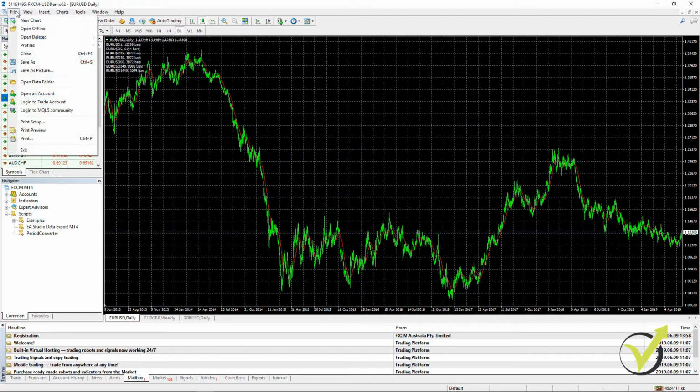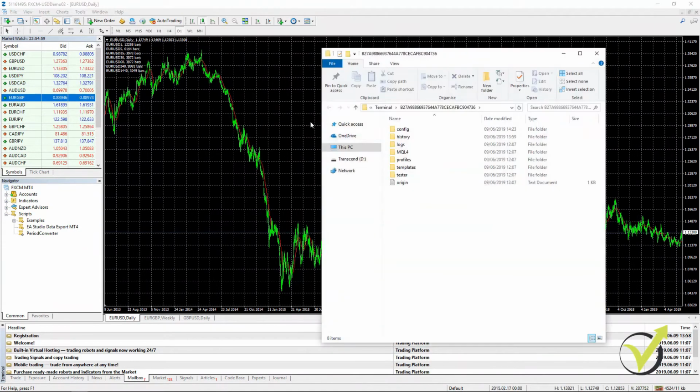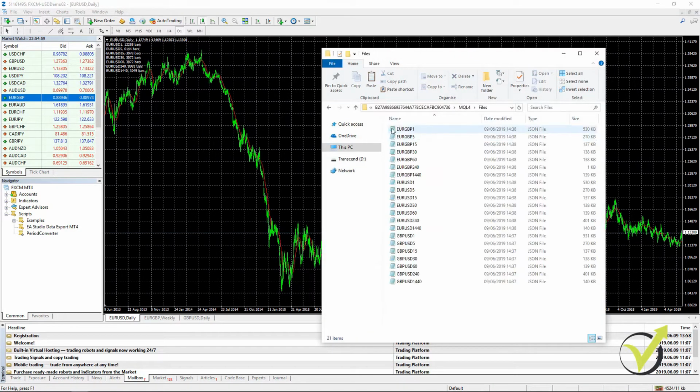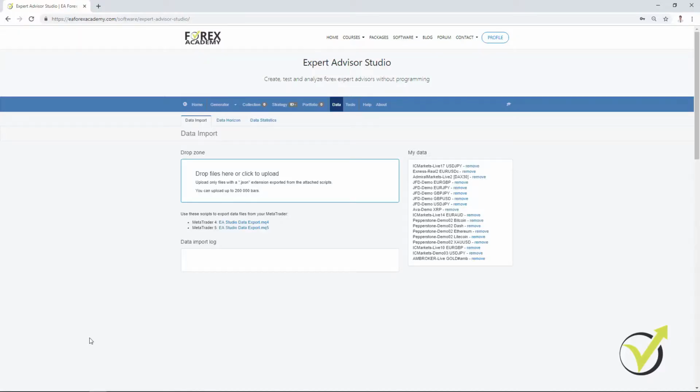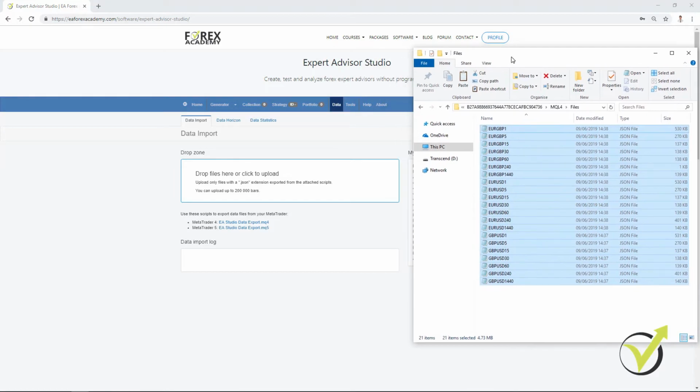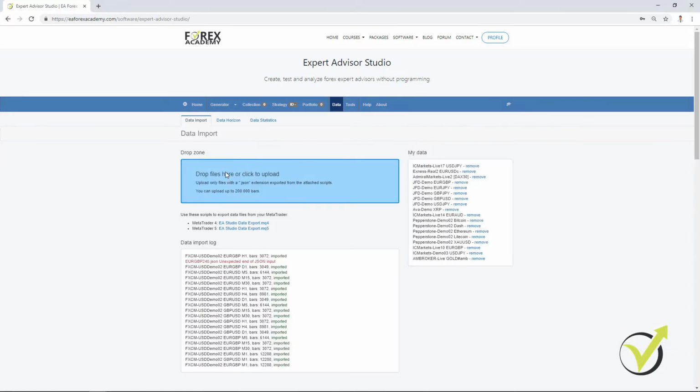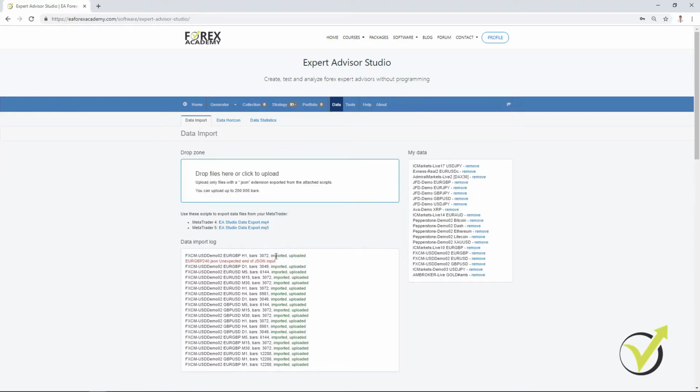Now I need to go to File, Open Data Folder, and then go to MQL4 and then Files. Here are the exported bars, and this is exactly the files that I need to drop in this drop zone where it says drop files here or click to upload. So I take them all and I put them right here,